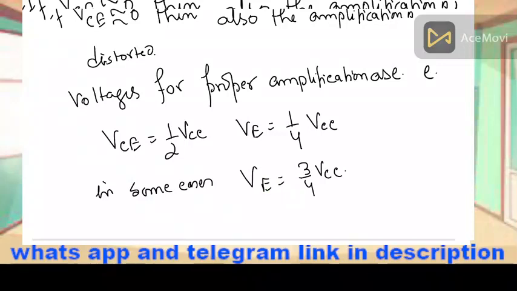Now, in many of the circuits, there is a low resistance coil instead of a proper load resistance. So it is not always necessary that you are having some RL in the circuit. It may be some other coil resistance. You have to measure that resistance. So this is about your DC conditions.